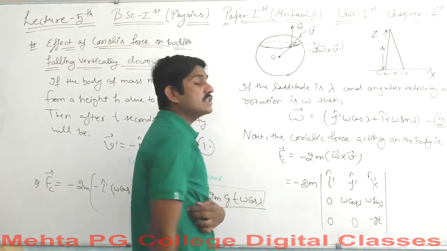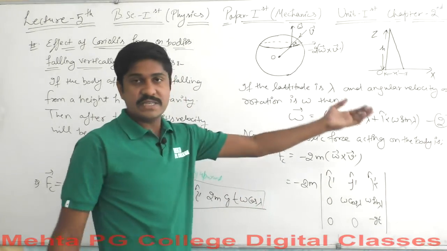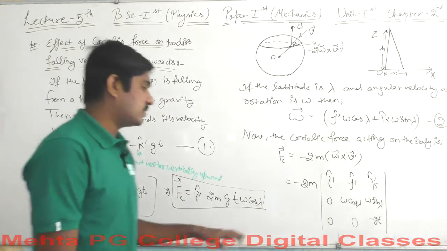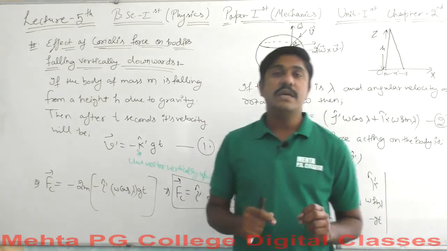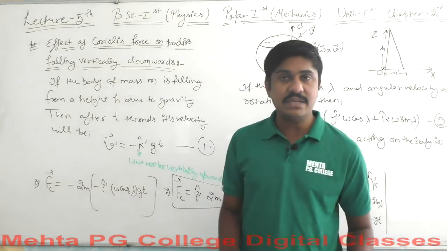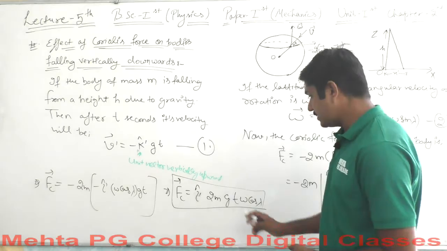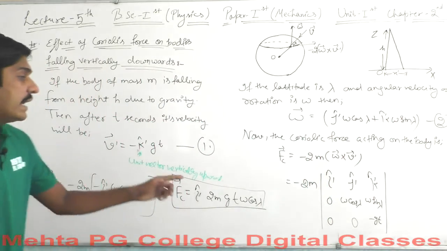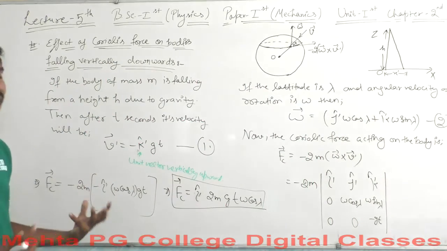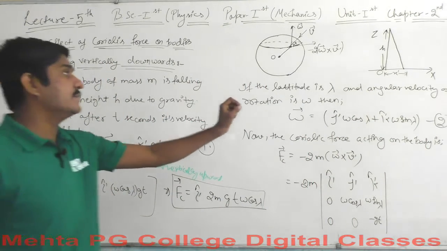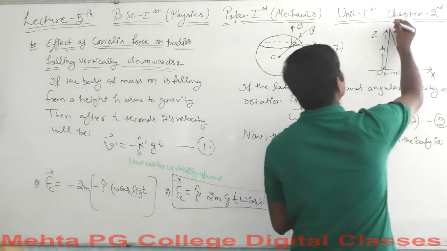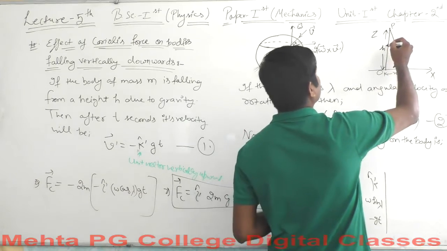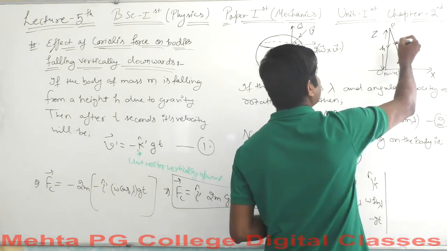Just because it is positive, it is towards the east, and if it was negative, the direction would be towards the west. So this is all the game of direction. This Coriolis force represents the direction and also has an associated magnitude. We want to know how much Coriolis force is being applied on this particle. The particle was at point P and is falling from point P towards the point O, but it will go through a certain different path.